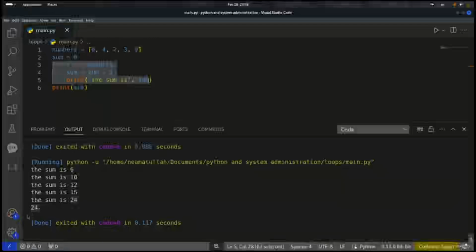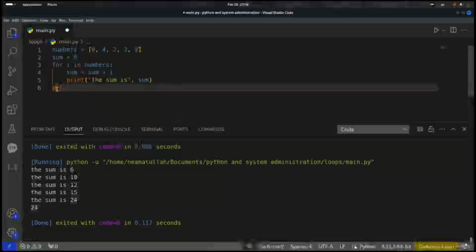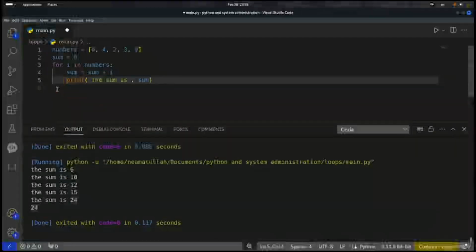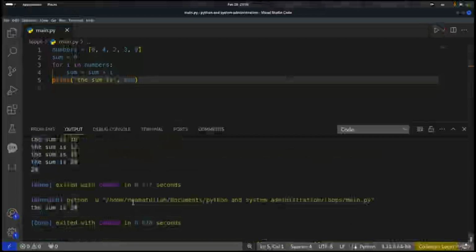It's 24 now. So when you print that inside the for loop, it will print this each time. Each time that it's iterating through, it is printing that value for you. But when you print this out of the for loop, it will only print it once, and it's telling you that the sum is 24. This is how we can use the for loop within our